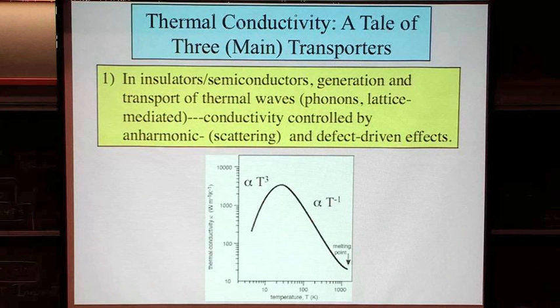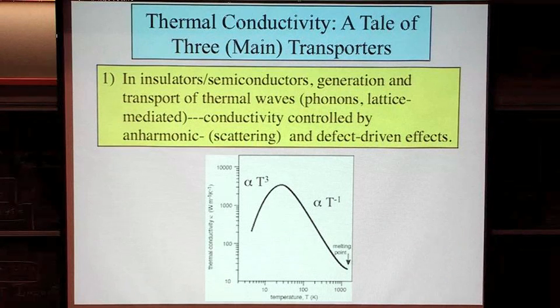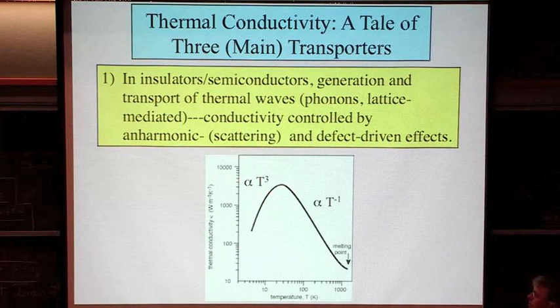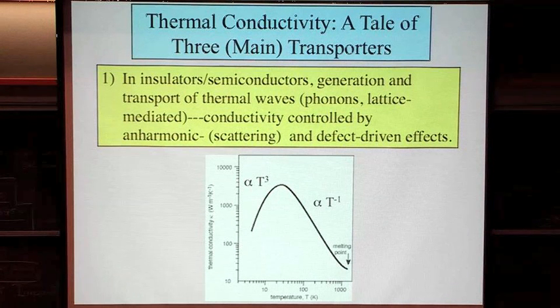Now, the interesting thing about it is that it's not a simple relationship between temperature and thermal conductivity. This is a log plot for a sort of generic material, actually a fluoride, of thermal conductivity in watts per meter per Kelvin as a function of temperature on a log scale. At low temperatures, up to something around 100 K or so, and that's true of most materials, you have a proportionality that goes as the cube of temperature. That's simply because as you increase temperature in a material, you have more accessible vibrations in the material that can be used to transport heat.